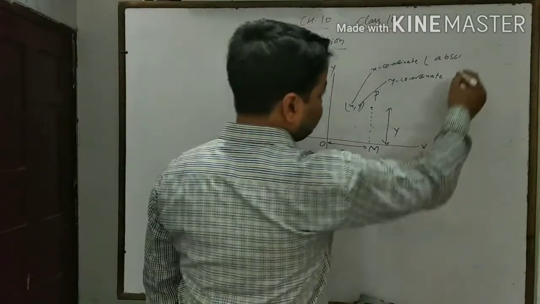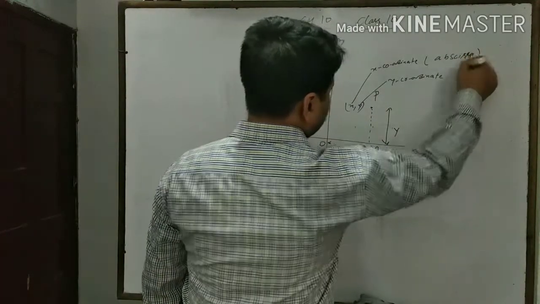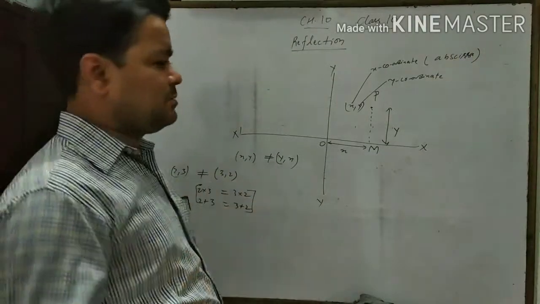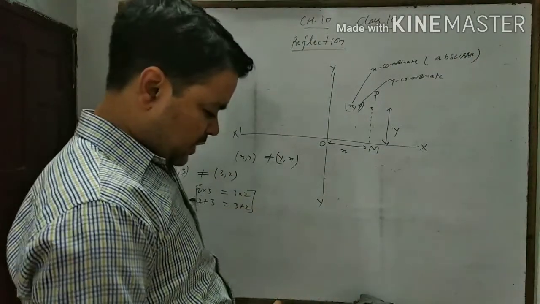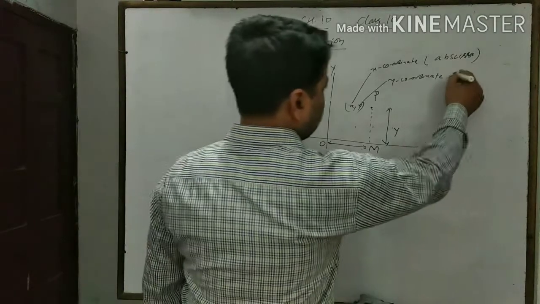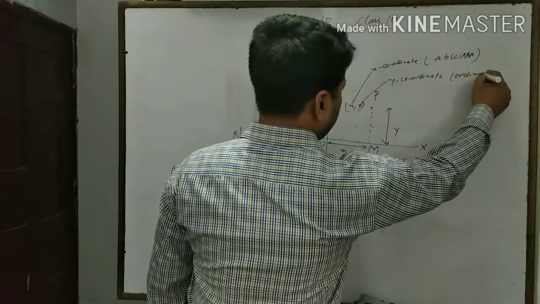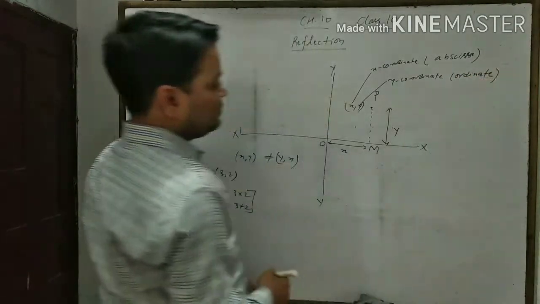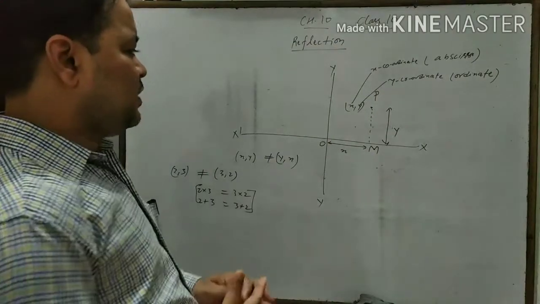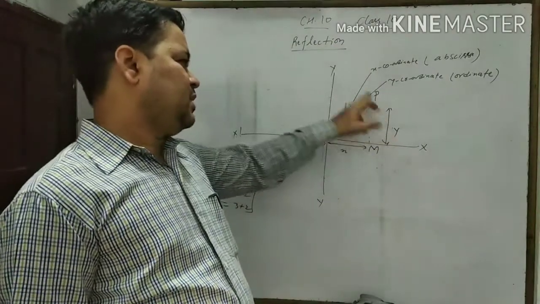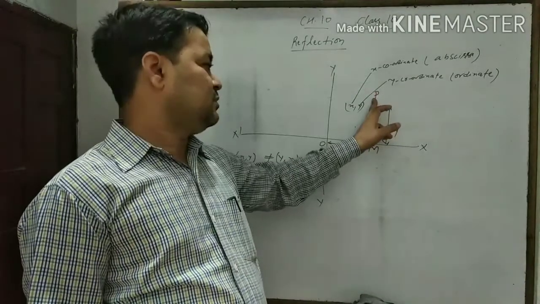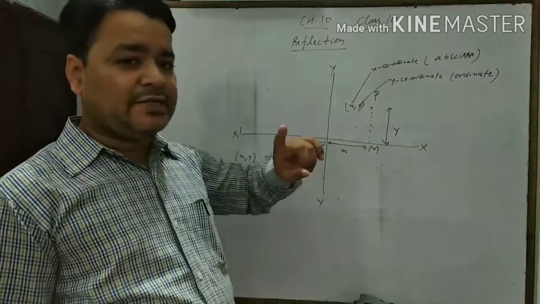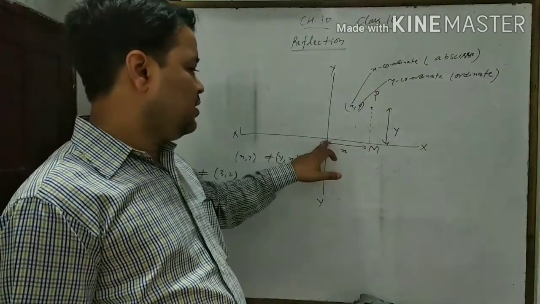Abscissa. The x coordinate is called abscissa and the y coordinate is called ordinate. Ordinate. It means if we want to represent any point in the Cartesian plane, then first we write its distance from